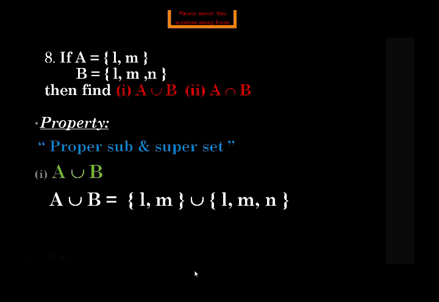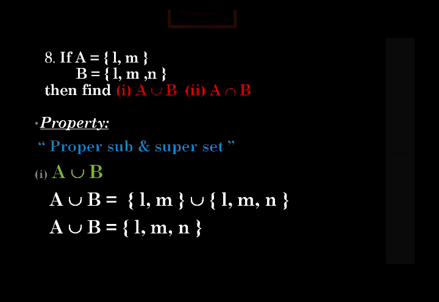Okay, now in the next step we will use the statement of union. What is the statement of union? We have to arrange the elements of both the sets, and the elements of both sets are L, M, L, M, N. So what will be the answer? L, M and N. One more thing here is that don't repeat any elements. Let's suppose L is present in set A, L is also present in set B. But we will not repeat the element, we will write it only once. So the answer of A union B is L, M and N.